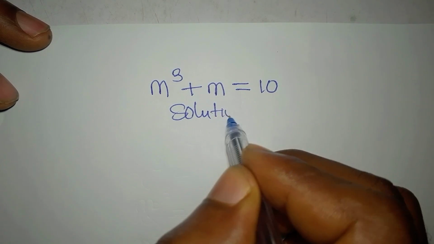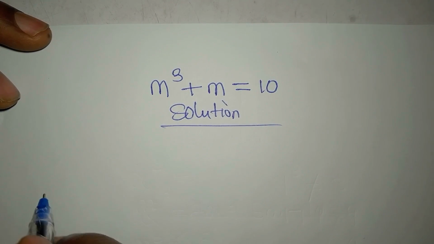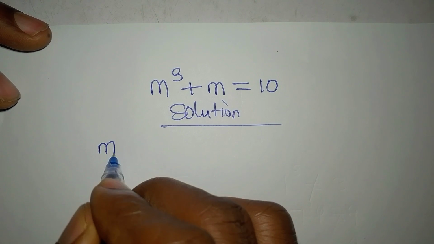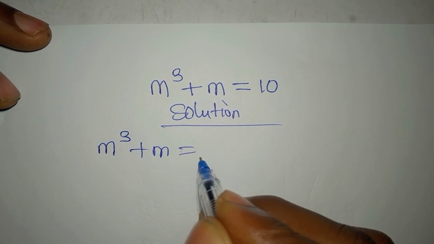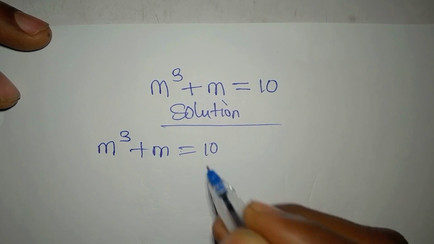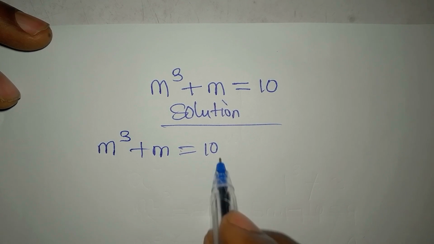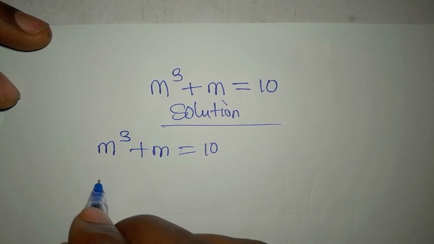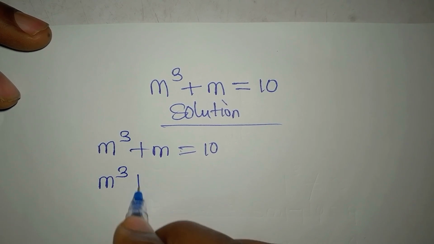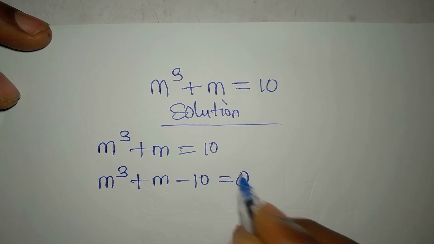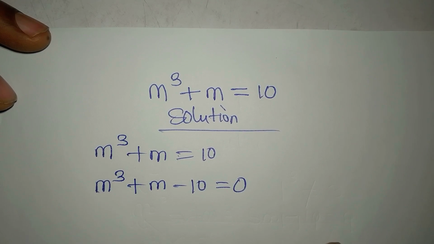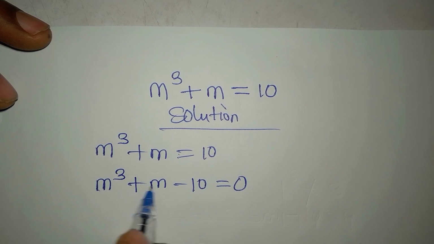Let's solve this problem very quickly. Solution: m to the power of 3 plus m equals 10. Okay, I want to bring 10 to the left, so we have m to the power of 3 plus m minus 10 equals 0. Okay, so we want to factorize what we have here, but there's nothing common to these